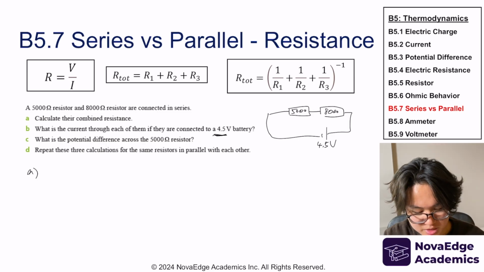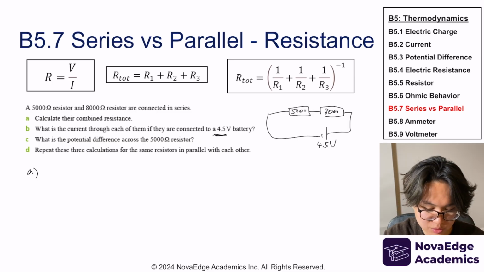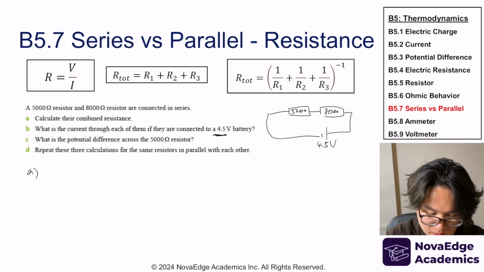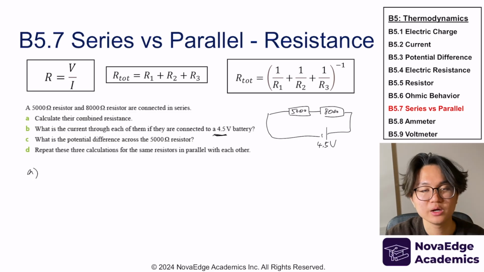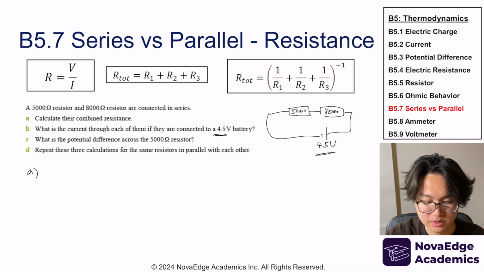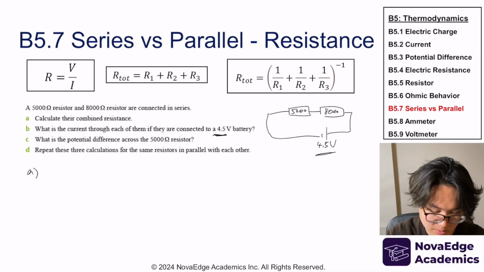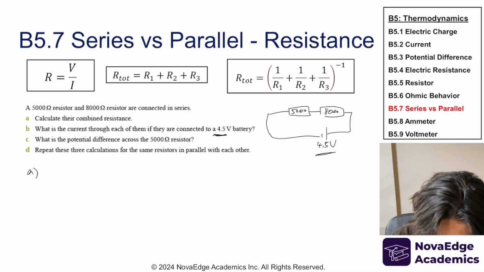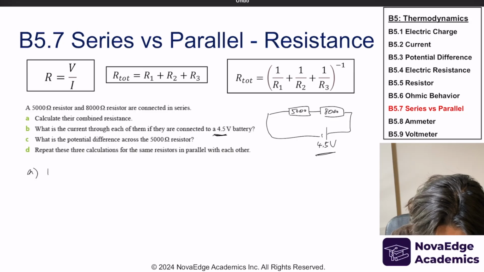So can you notice that they always tell you to calculate the total resistance first? That's always the first step, okay? If you're ever confused, first figure that out. And the reason why they figured that out is because usually the battery is given, so you can find the total current. That's the first step, okay? So calculate their combined resistance. Well, they're in series, so I can just add them together, right? So that's just going to be